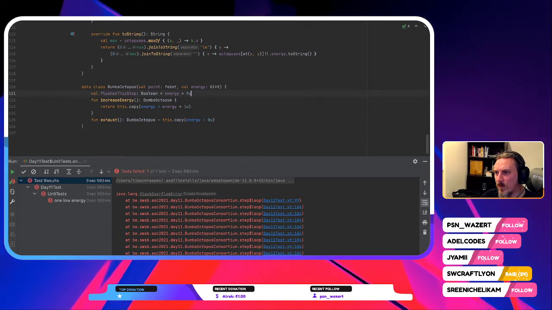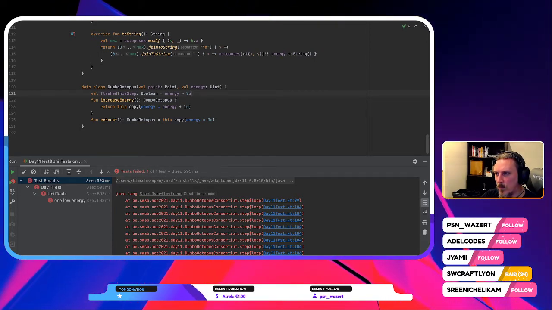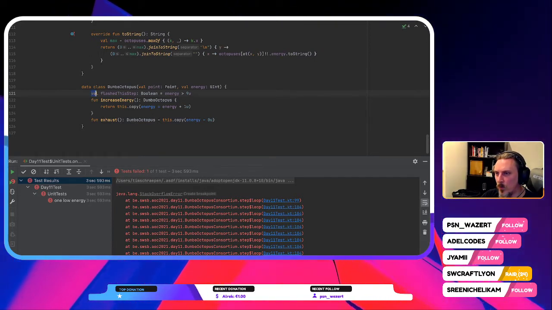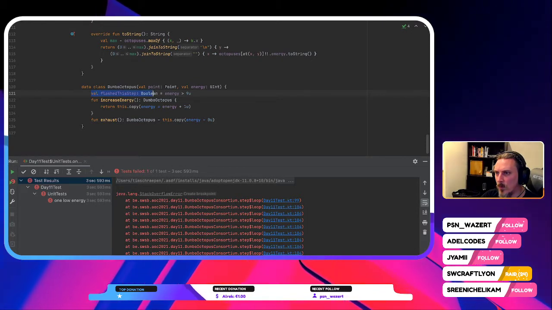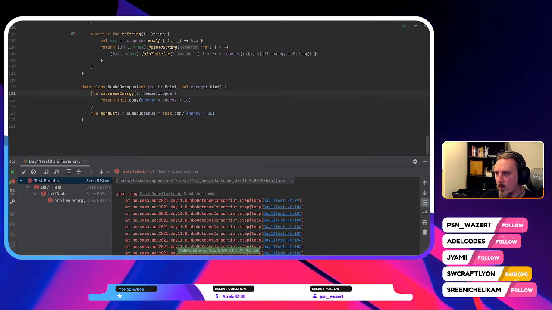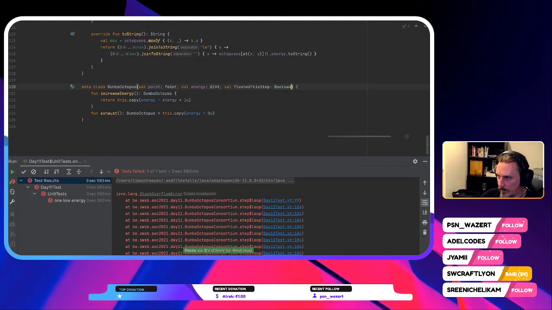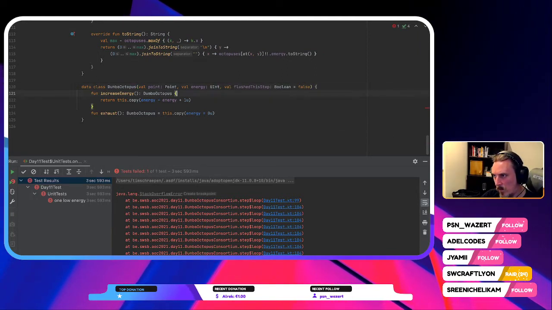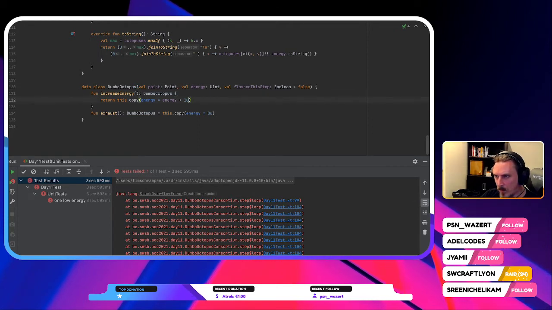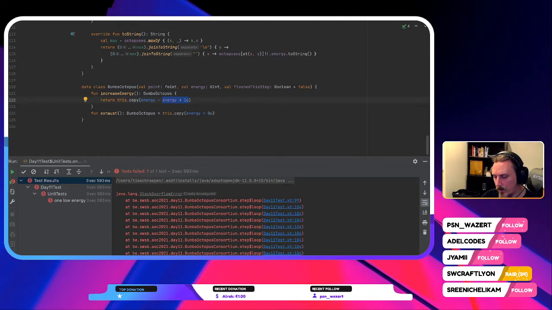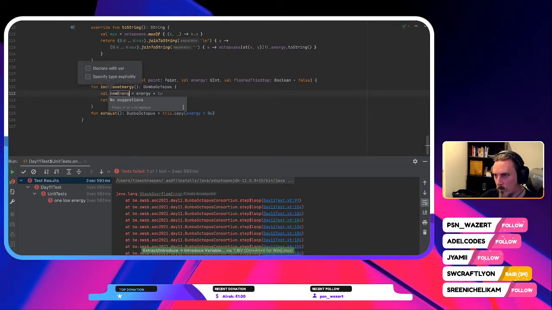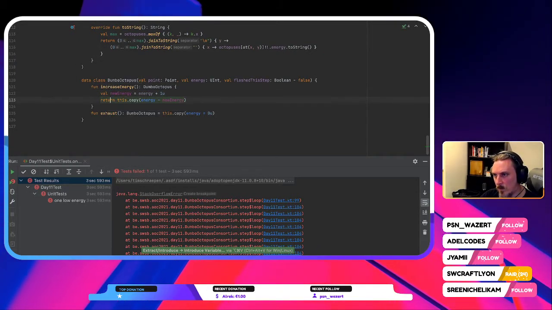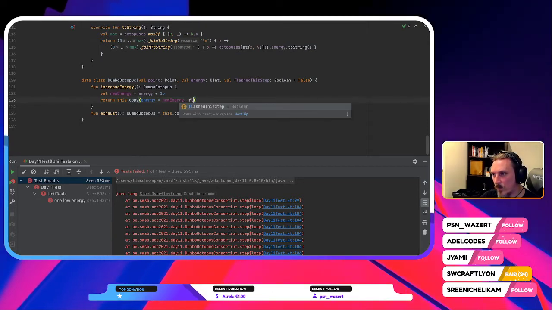So flashed this step, we should probably set it to something like that, and set it to false. Then here what we can do is check the new energy here. Like that, and then we set flashed this step